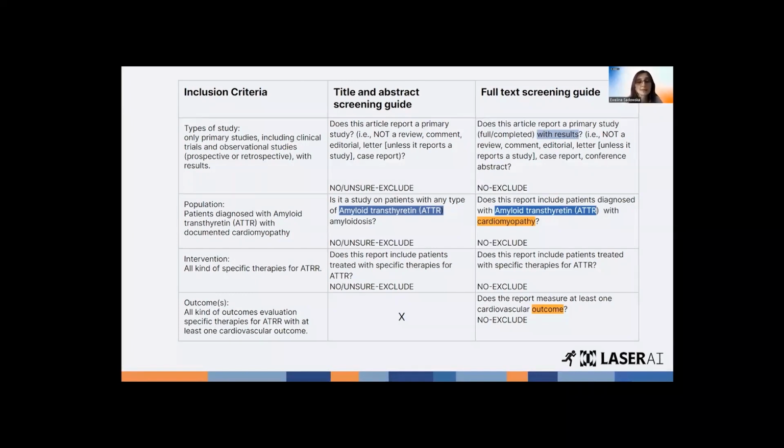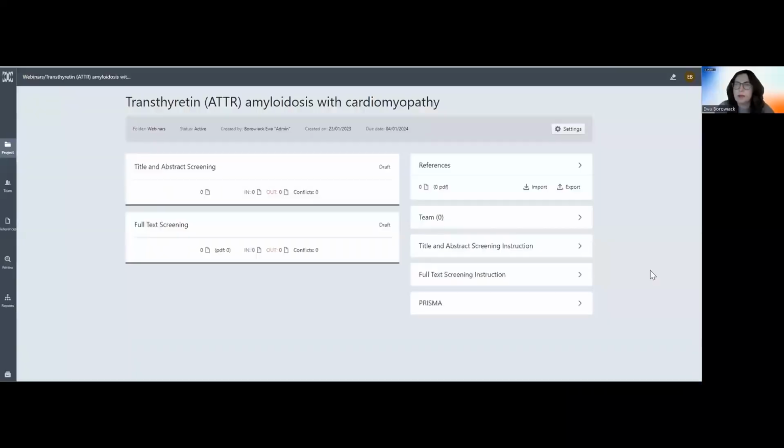So now let's switch to Laser AI and see how to create our screening questions in our tool. We are now in the Laser AI tool, where we will conduct our example screening for transthyretin amyloidosis. And we are now in admin mode. And to enter our screening guide in Laser, in our example project, we need to click title and abstract screening instruction